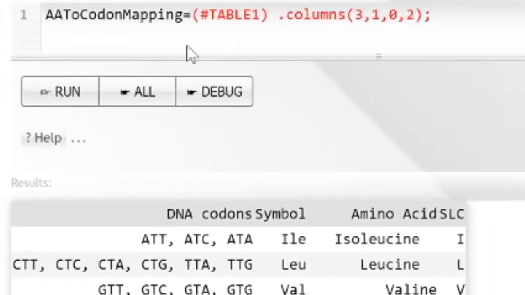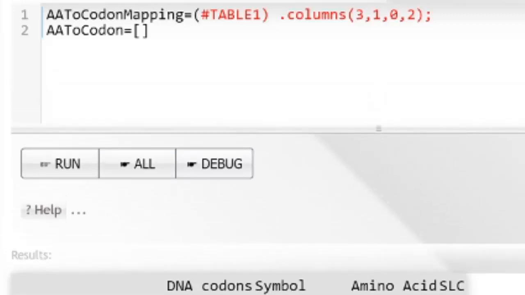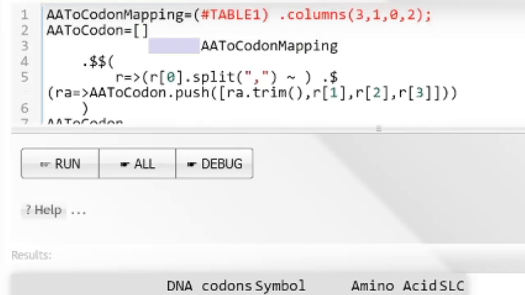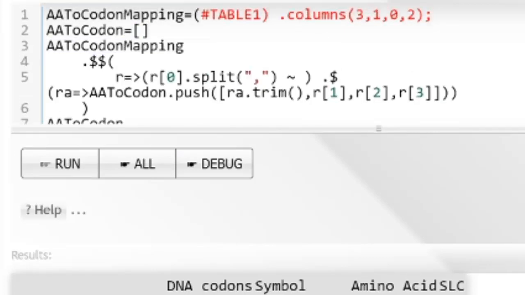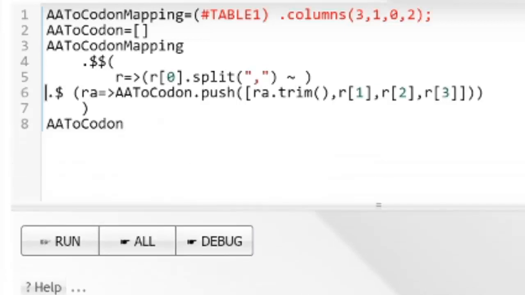Now let's try to make this set of data into another organization where we'll have just one codon mapping to the rest of the information. So what we will do is we will put this code in so that we can take the information from